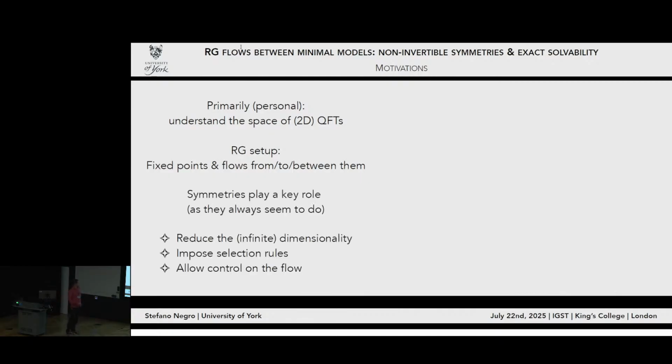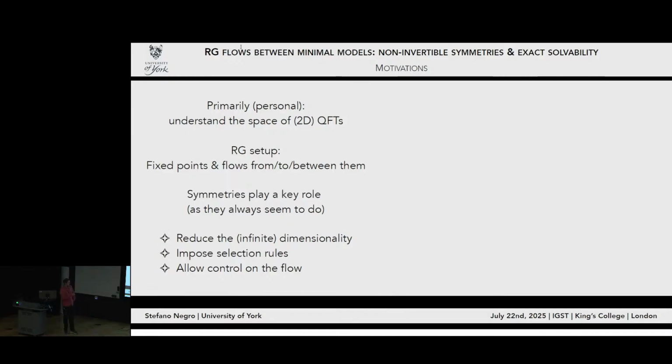And in this setup, symmetries are really important as they seem to be everywhere, essentially. In particular, in this RG setup, they act by reducing the infinite dimensionality of the setup. So if you have some kind of infinite space of possible theories, but you have symmetries in the game, then you can reduce the amount of infinity, in a sense, that you're dealing with, right? Because you want theories that respect a certain set of symmetries, so you have to reduce the possible interactions and so on. So that's one naive way in which symmetries are important.